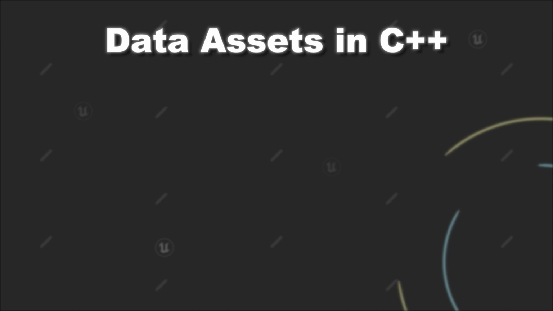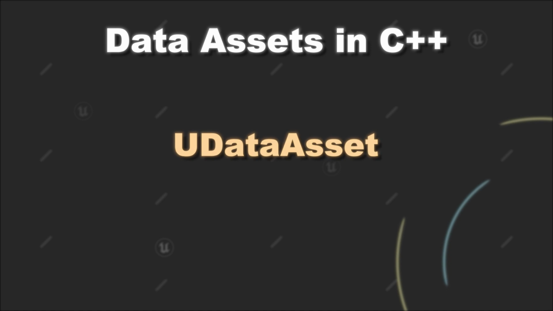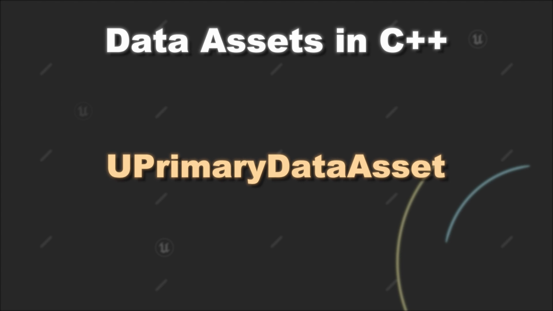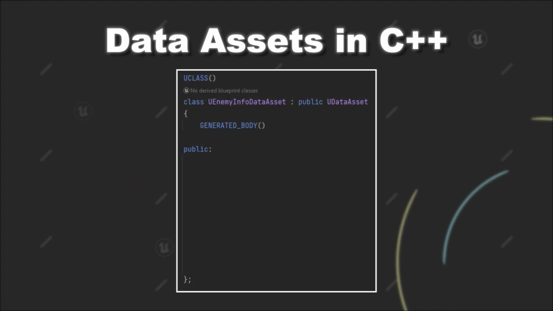First thing, you can choose between two parent classes when you create a data asset: UDataAsset and UPrimaryDataAsset. The difference is that primary data assets are integrated with the asset management system of Unreal Engine, which for example allows you to manually load and unload them from the asset manager. Furthermore, they come with a primary asset ID, which serves as a unique identifier for your asset. For today, we just use UDataAsset as our parent class and call it